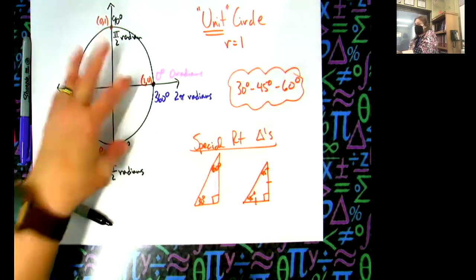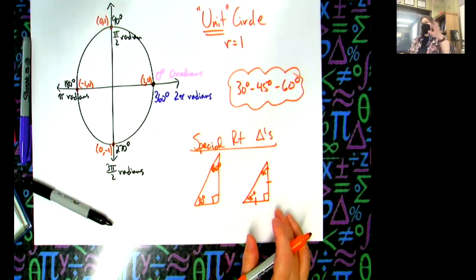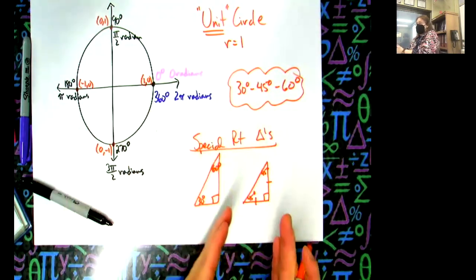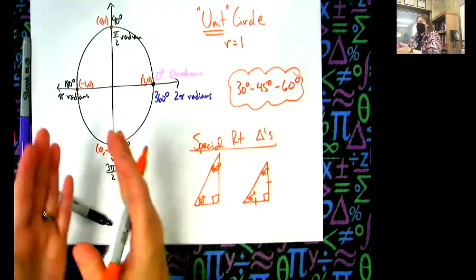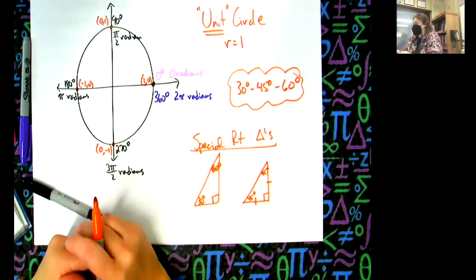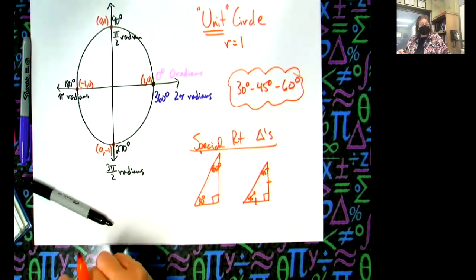The unit circle comes from those special right triangles. That's why you learn special right triangles in geometry. And now we are getting ready to do trig here in pre-calc. We're going to make a connection between what you did in geometry and connect that to our unit circle. So that's just getting ahead of ourselves a little bit. Now we are